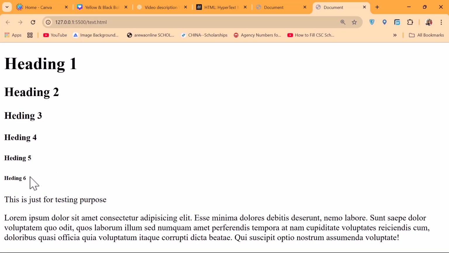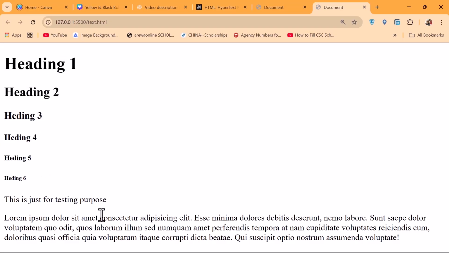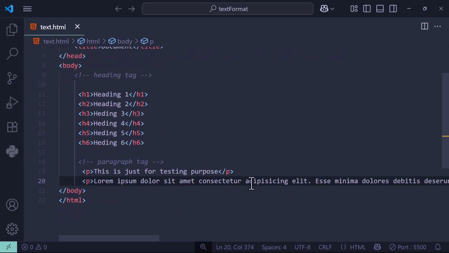But take a look, the heading tags here are different from the paragraph tags. I told you these heading tags are used to add a heading or subheading within our document. When you want to add actual text, you need to use the paragraph tag. So let us move on to the next tag, which is the